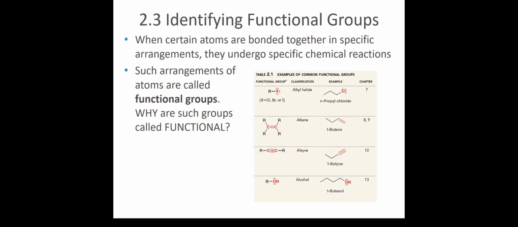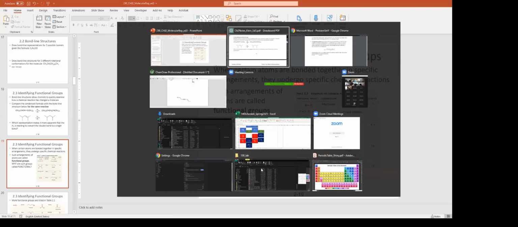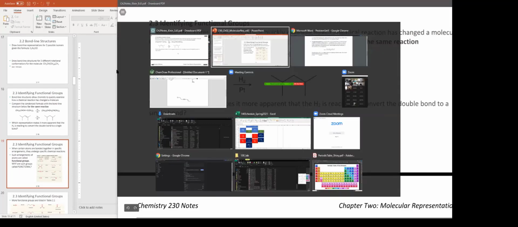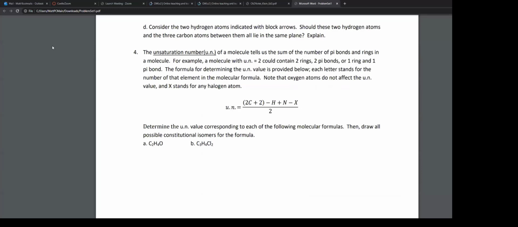R means any carbon group, usually. So it could be a CH3, it could be CH3CH2, it could be a ring. R is just standing in for carbon groups, okay? The most common carbon groups are, if we were to go back to the notes from chapter 1,